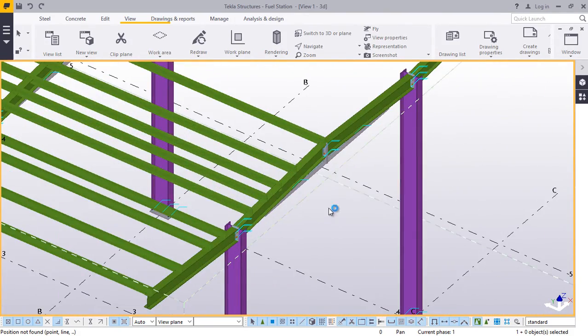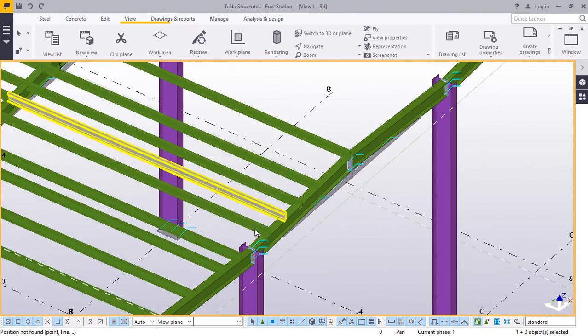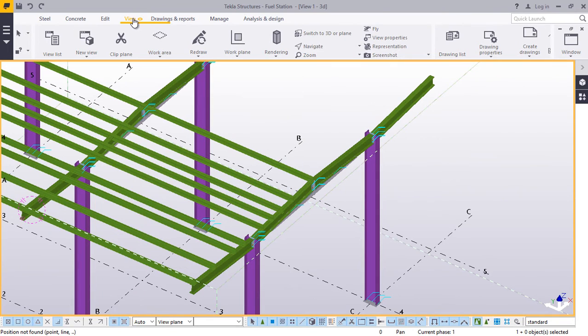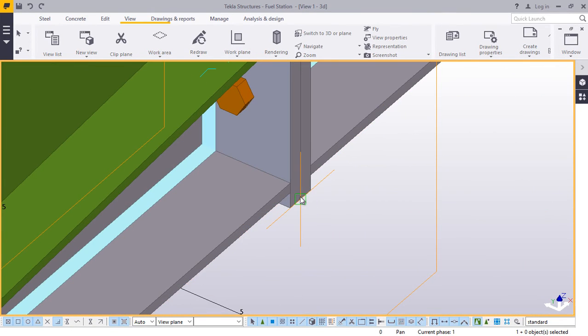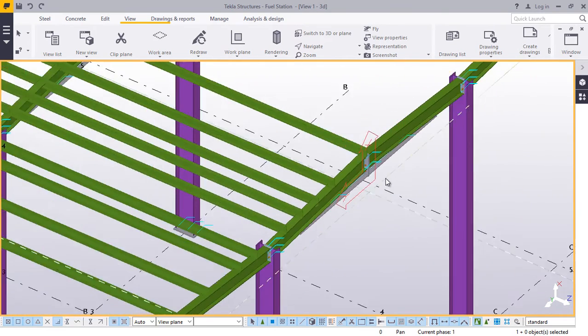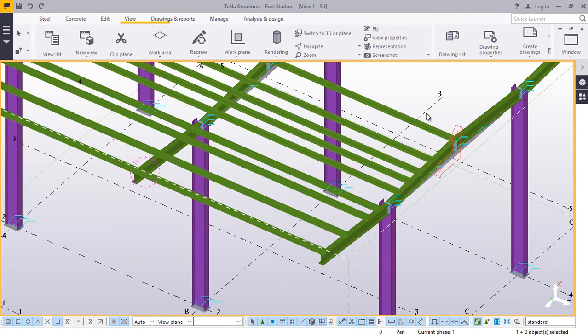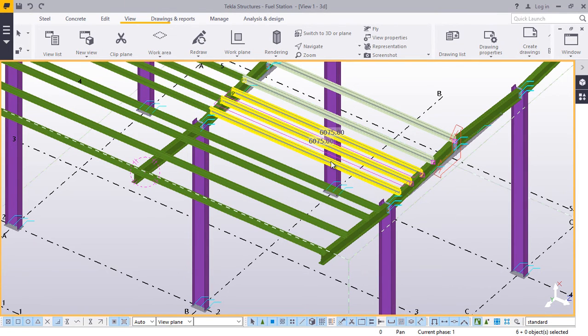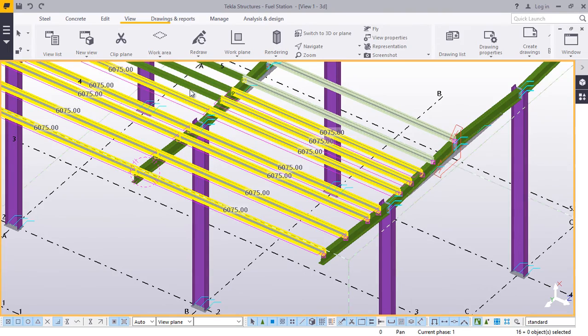The simplest thing remaining is to just mirror all this to the other end. I'll come to view, workplane tool, just zoom out. I'll place my workplane tool there and right click and interrupt to disable that workplane tool command. Now the next thing remaining is to highlight all these, which is quite simple. By pressing Ctrl, I'll just highlight all this, highlight everything here,